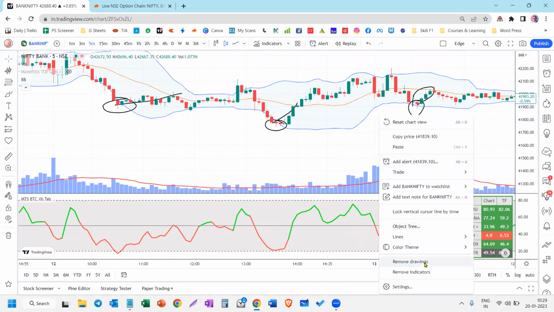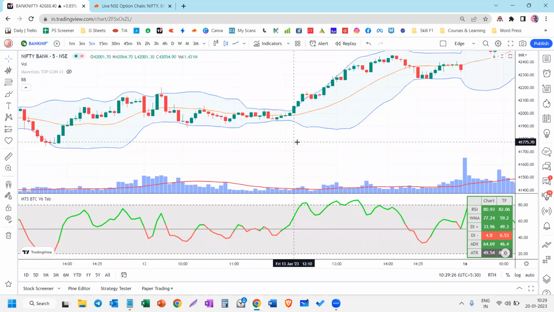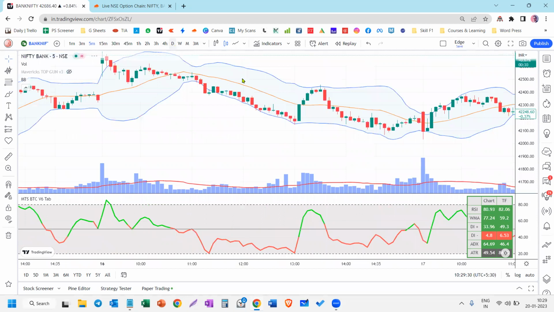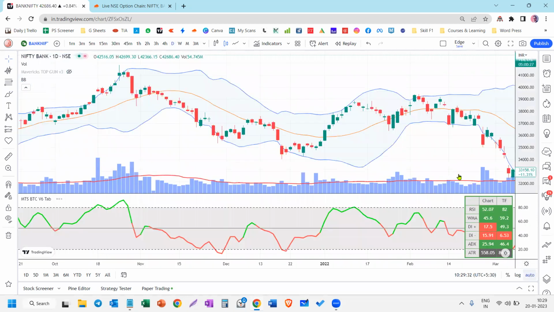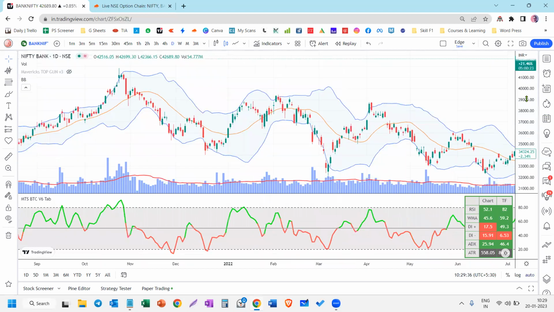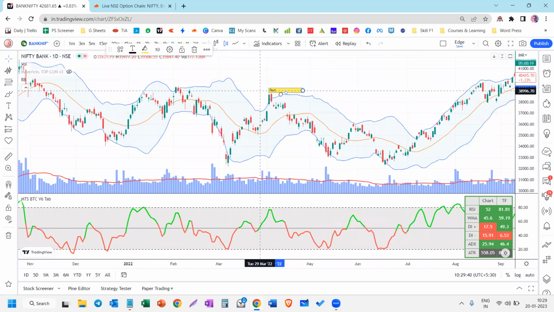Now, people get trapped into this a lot and then they don't know what to do because it did not work every time. Does it work on the day chart also? Yes. Now, if you see this day chart, whenever the market is making a volatility breakout outside,